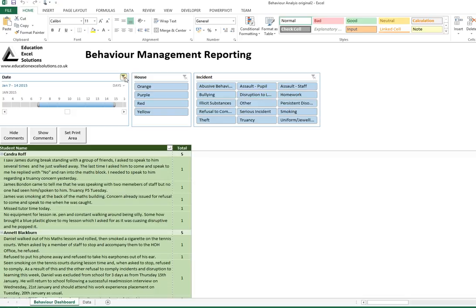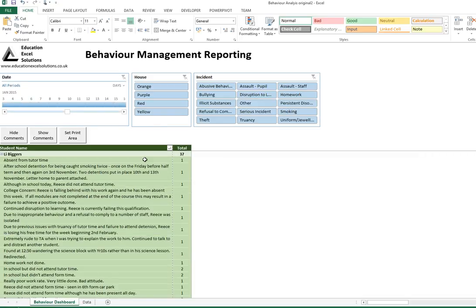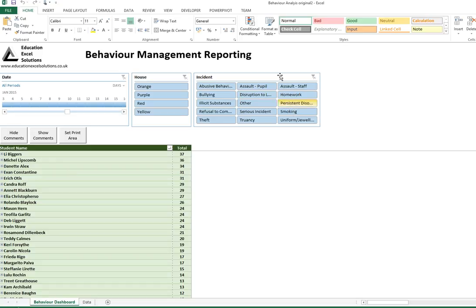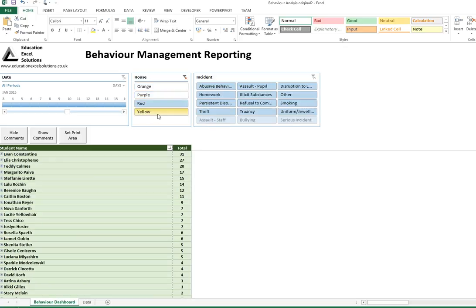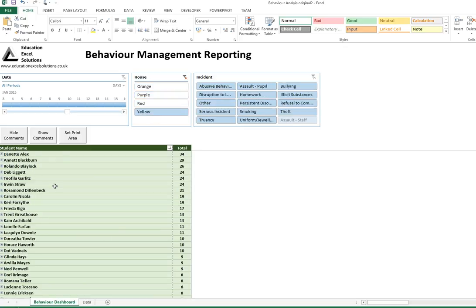So if I clear the date filter, we are now showing all the incidents again, and I can hide comments so we can just see the names. We've also got these extra filters here. So in this school, we run a house system, so an individual head of house can filter by their particular head of house. So we can see that as we click on the different houses, the table automatically updates to